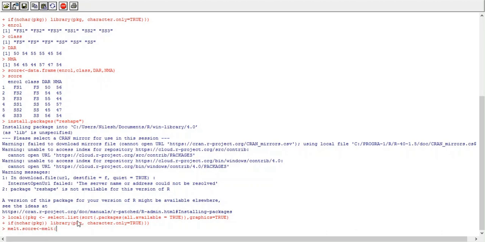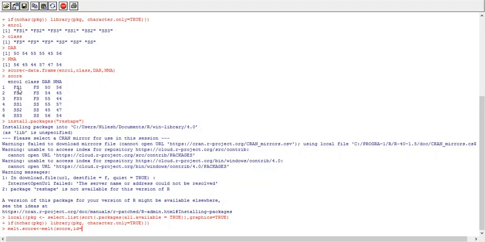And after that write down the name of data frame that you want to melt. That is, I want to melt score data frame. Okay, so after that write down the ID variables, means the variables that we want to keep constant. Here enrollment number and class, these 2 variables will be constant variables because they are same.